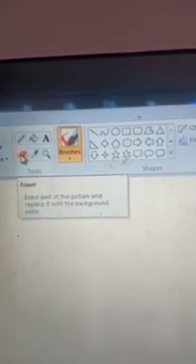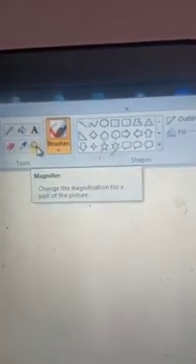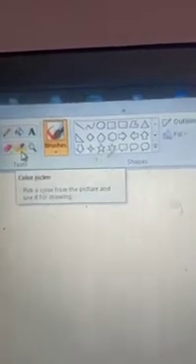Okay, the various tools I will show you. Look, these are the tools in the tools group and tools in the shapes group. So this is a brush tool, pencil tool, fill with color tool. This is a brush tool. This is an eraser tool, okay, and this is a text tool. This is a magnifier tool, and this is a color picker tool.